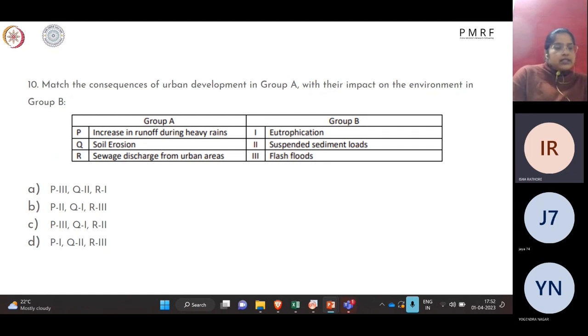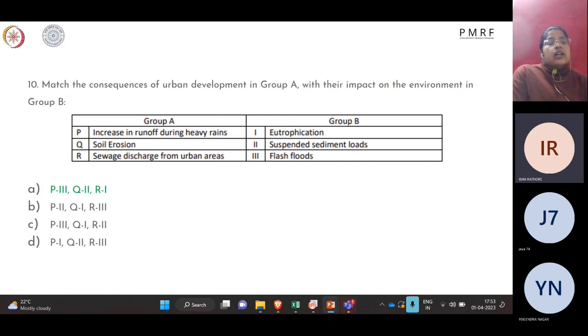Okay, so the correct answer is A, that is, increase in surface runoff during heavy rains can cause flash floods. That is when you don't have enough infrastructure for facilitating the movement of heavy rainfall. It causes flash floods in urban areas wherein water does not seep into the ground, that is, the existing water channels are filled with water, and the water cannot go and recharge the groundwater, so